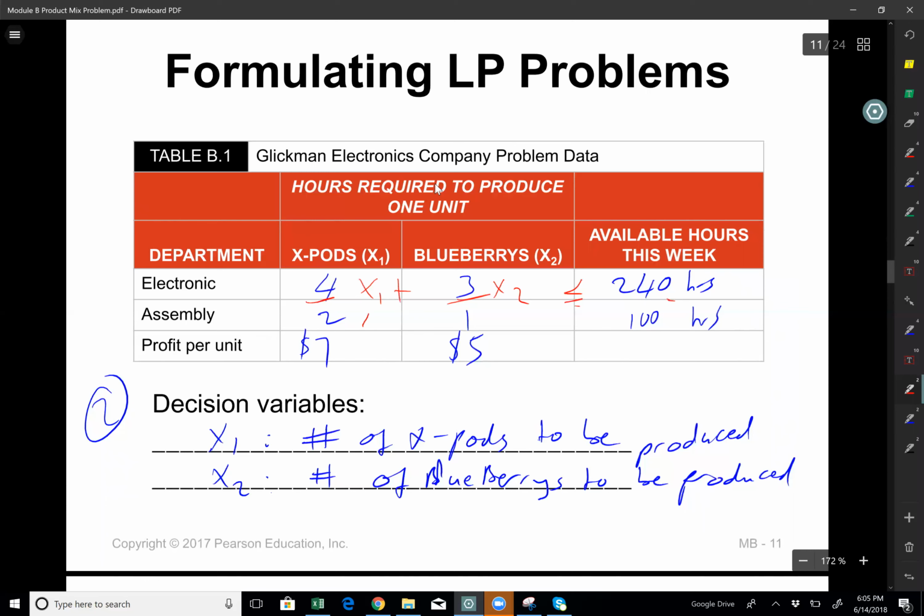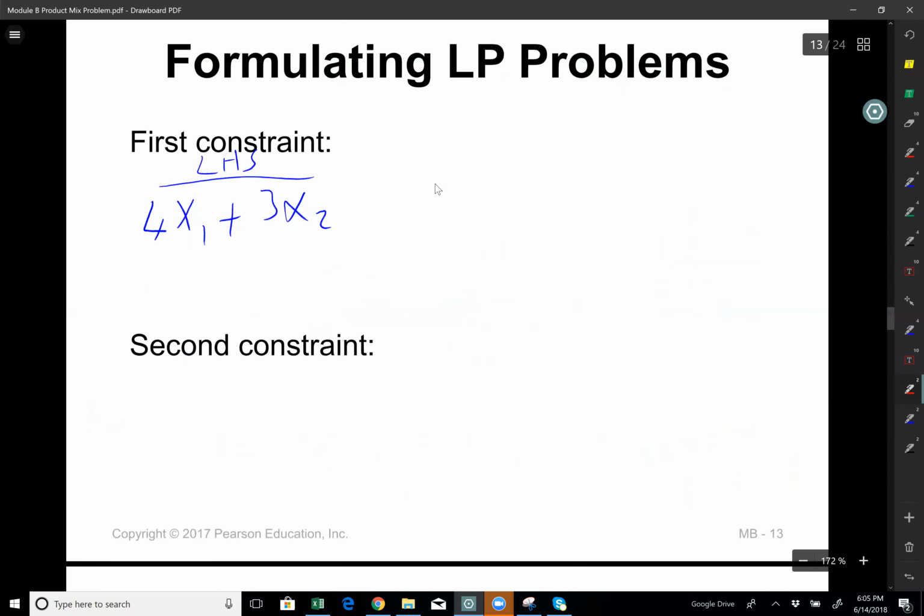And the same thing I can do for assembly. 2x1 plus 1x2 should be less than or equal to 100 because I don't have more than 100 hours. So that's what I'm writing down here. Left-hand side for electronic department is 4x1 plus 3x2. The relationship here is less than or equal to my capacity. And in this case, electronic time available, which is given to me as